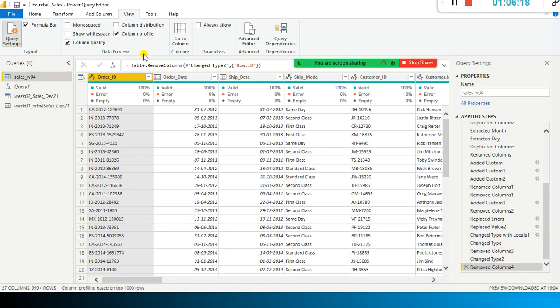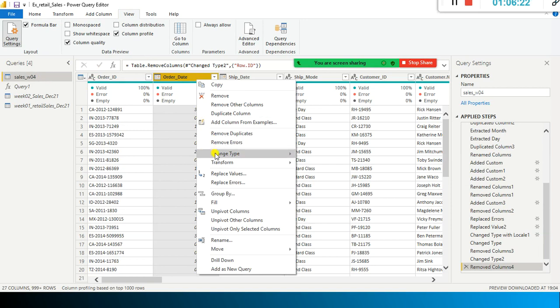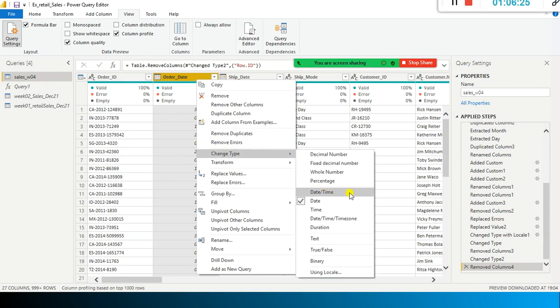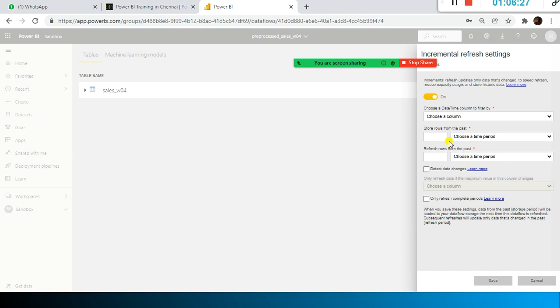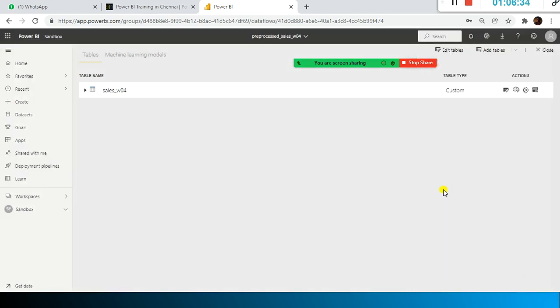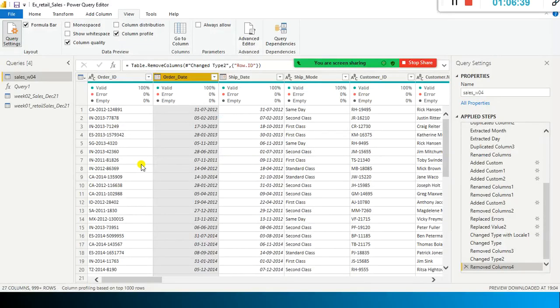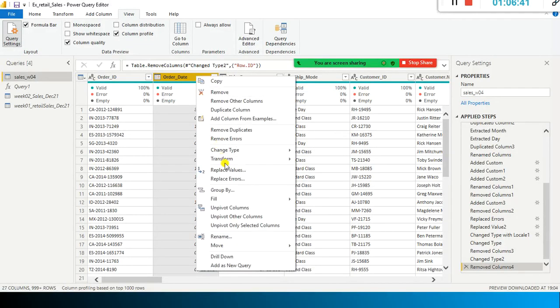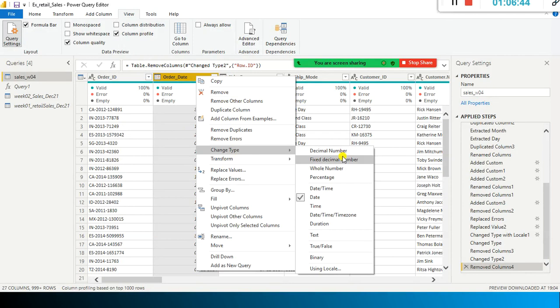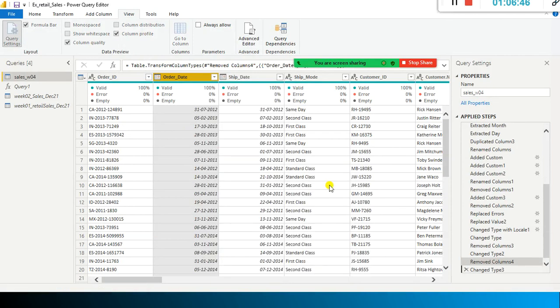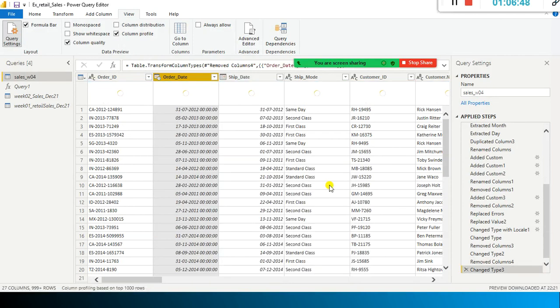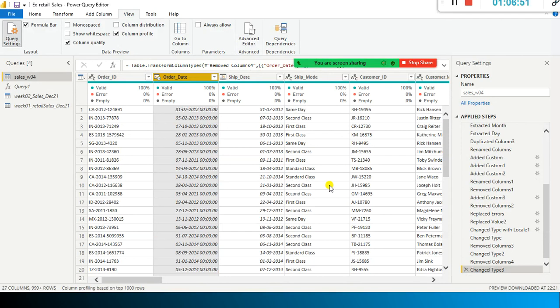Ideally I should have uploaded it, right? I should have converted this to a date data type. For example, here we should have changed type to date time. And when you do this, it will automatically show the date. Anyhow, I'll just show you. It will not take much time. So I just go back here. I'm going to convert this as a date. One second. I'll just change type to date time. Fine, we are done with this.